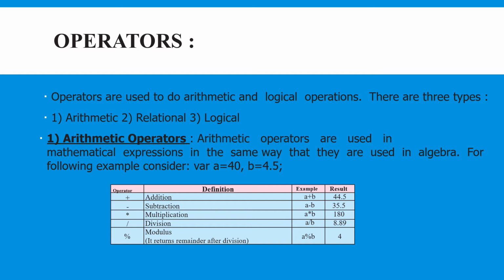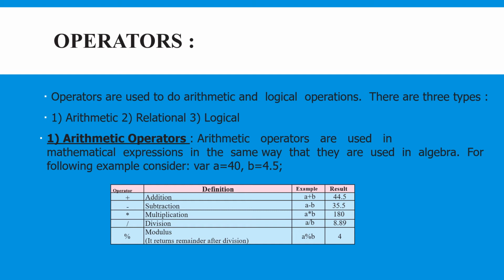First one we can add the number, and second one we can concatenate the number. That means we can join the number. Now for example, if a has the value 40 and b has the 45, then in the concatenation of a plus b it becomes 4045. That is, it clubbed together both the values. And second use is the addition, means the addition of two numbers, that is here suppose a is 40 and b is 4.5, then it calculates it as 44.5.